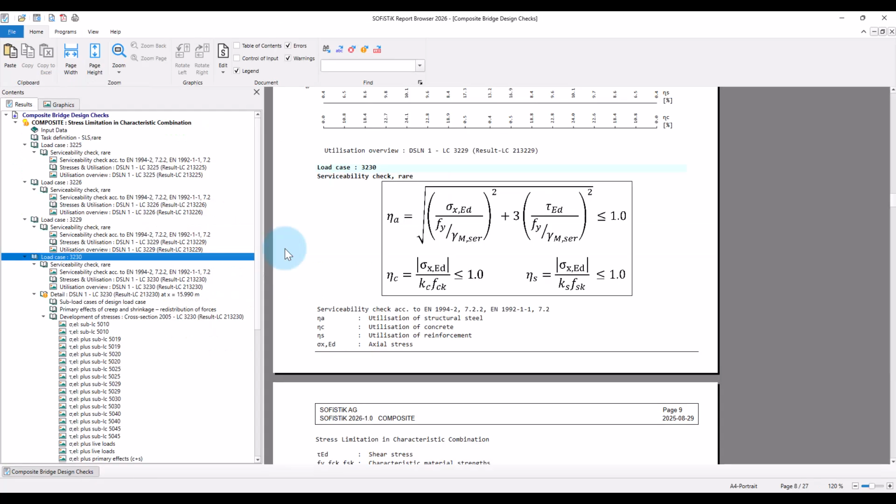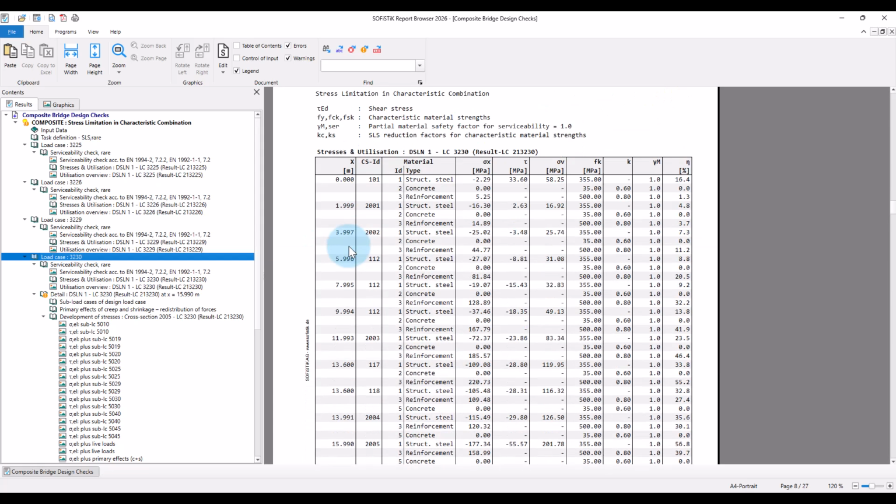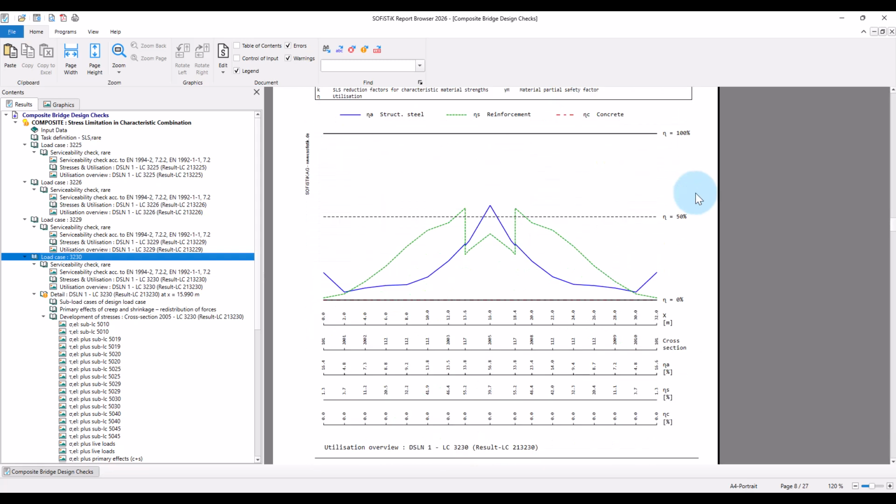The structure is quite similar to the elastic design checks in the ultimate limit state that I have shown in the previous video. We have a table that shows for each section along the girder, for each material in the section, the calculated stresses, strength, the factors for the checks, and then the utilization, followed by an overview plot that sums up the decisive utilizations for each material type along the girder.